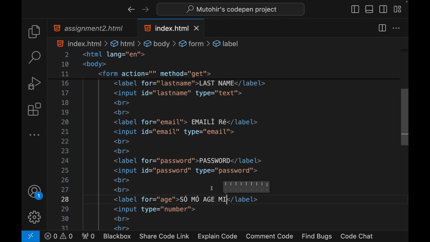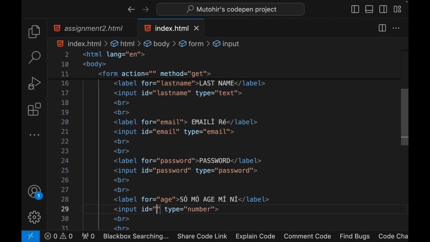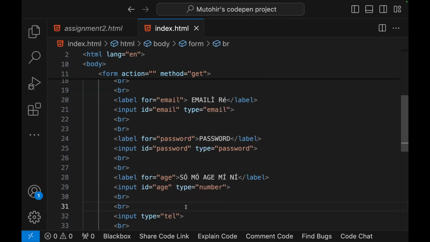All right, so let's give this one the ID of age. Are you guys with me? So the next label will stand for